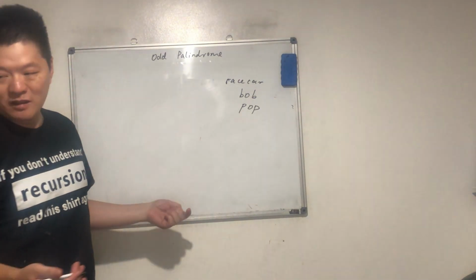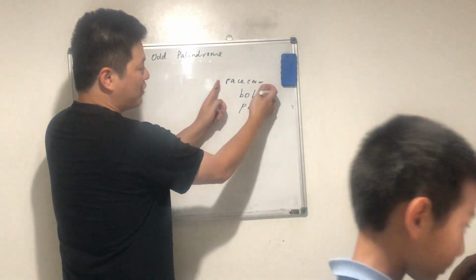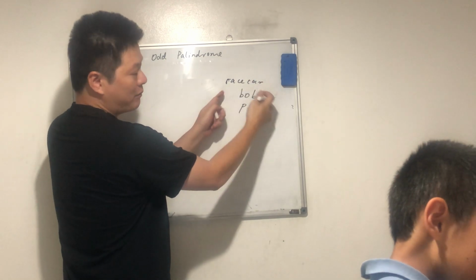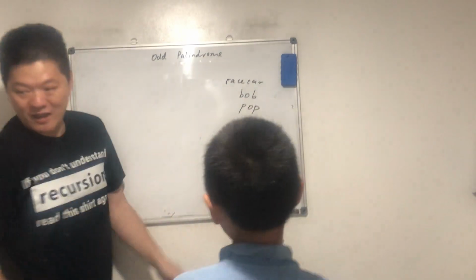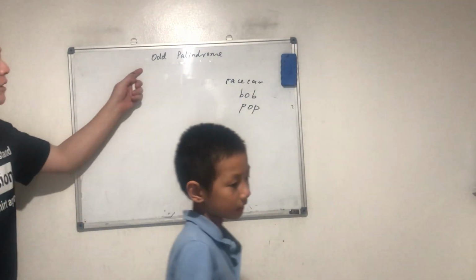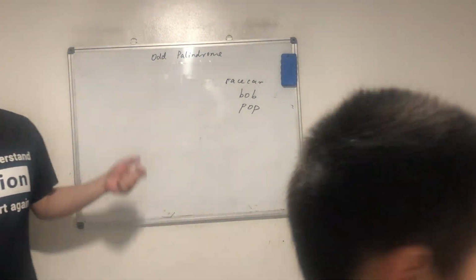Or we can use the two-pointer technique and check character by character until the middle of the window. Yeah, that's one easy way. Okay, so today we want to talk about odd palindrome. What does it mean? So given a string,